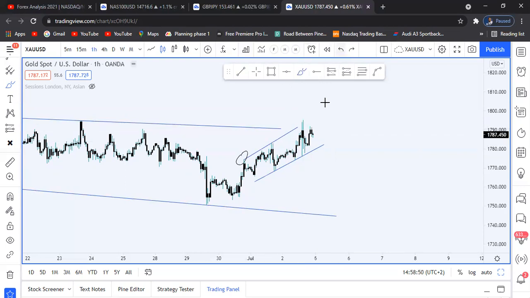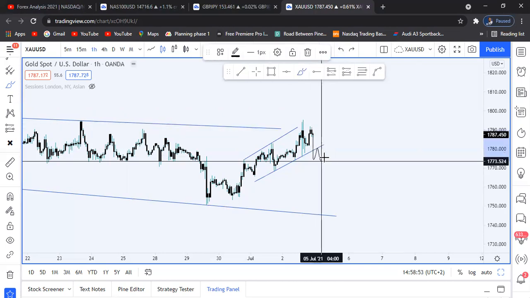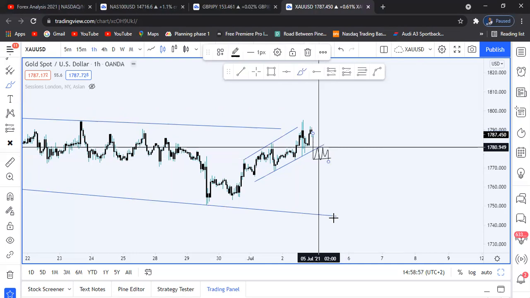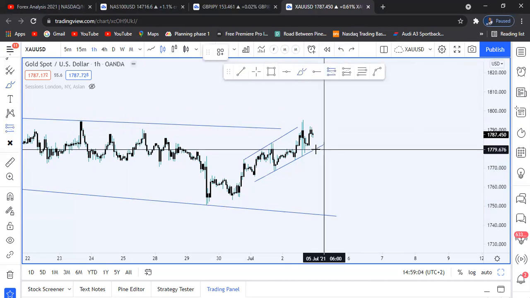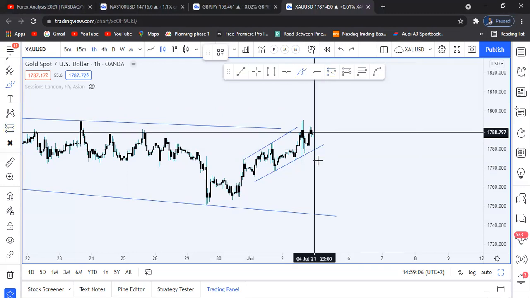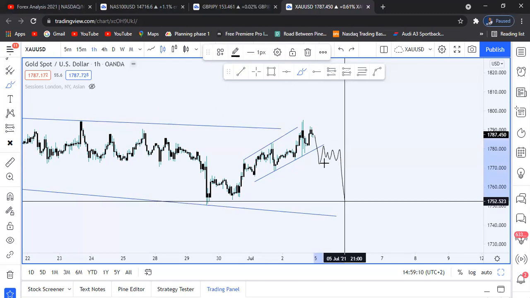So what are we expecting? We're expecting price to push to the downside, form some sort of continuation pattern or commitment before continuing to shoot all the way to the downside. So how are we going to be looking to capitalize on this trade? That's a nice question. Once price has pushed to the downside and formed some sort of continuation pattern here, that's when we're going to be looking to enter.